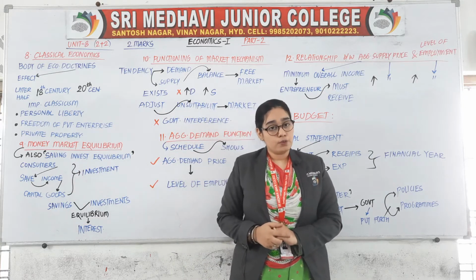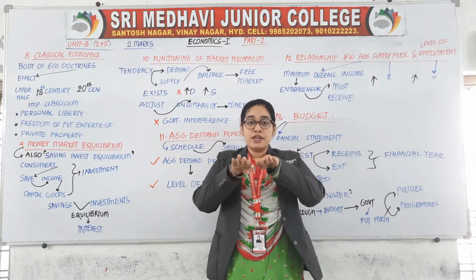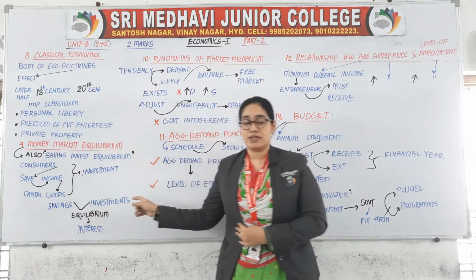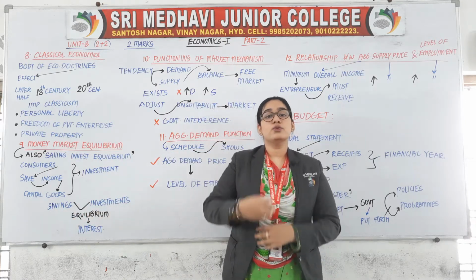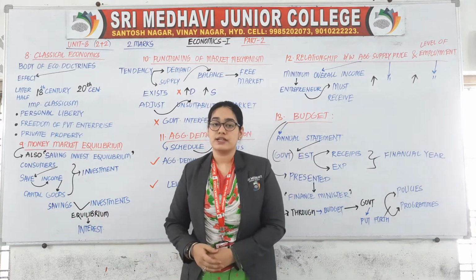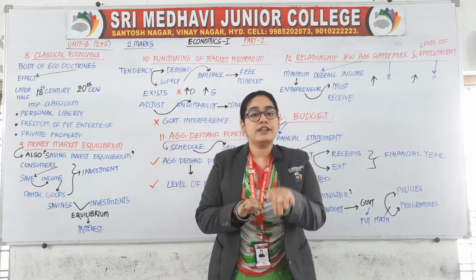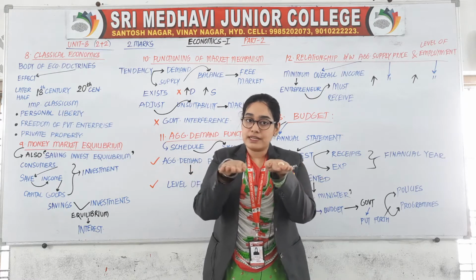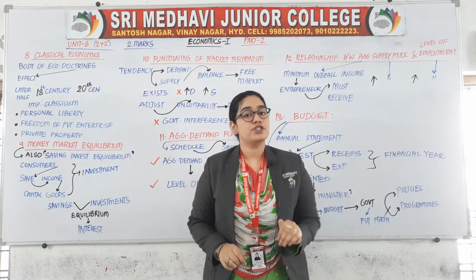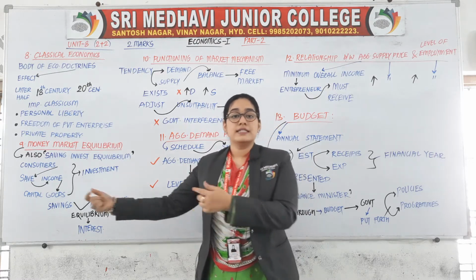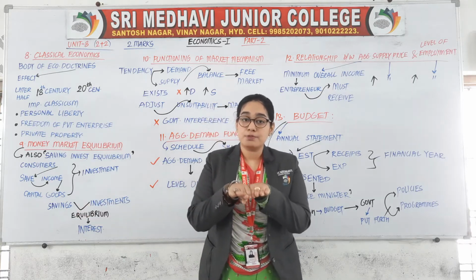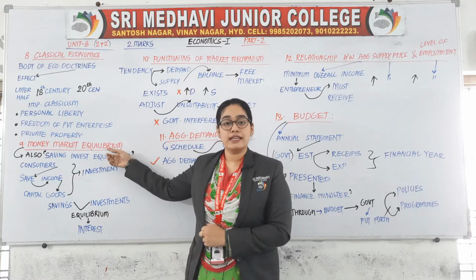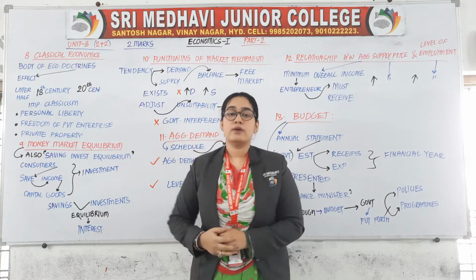If you want to bring equilibrium between savings and investment, you can do it with flexibility of interest. Means by changing the interest, you can make savings and investment balanced. So how can we make savings and investment balanced? By interest. The another name for money market equilibrium is saving invest equilibrium.